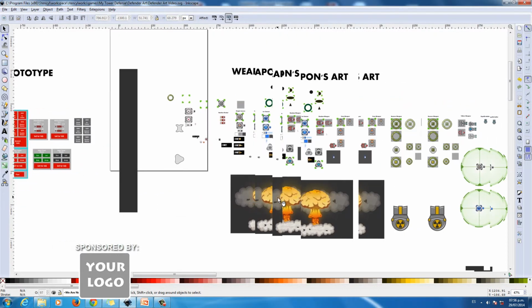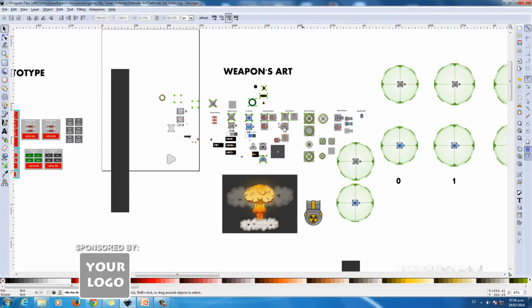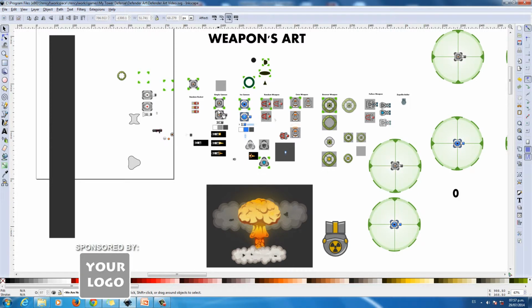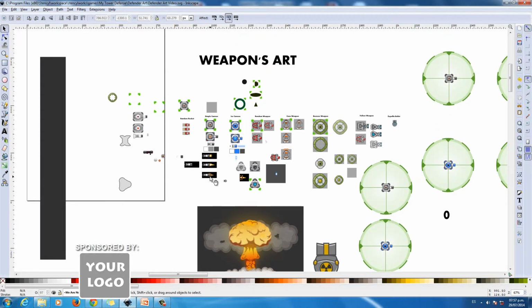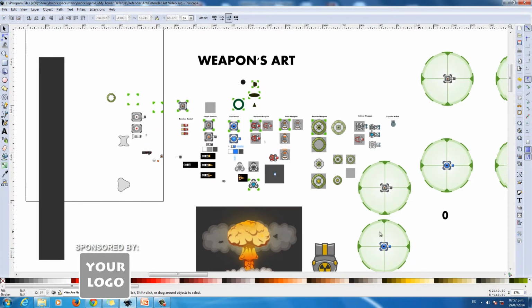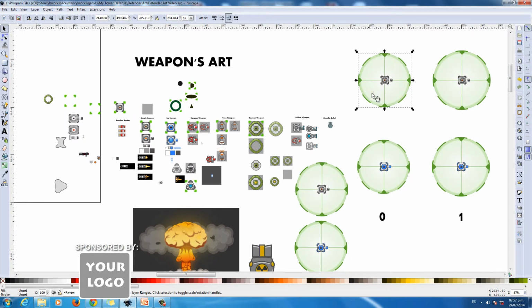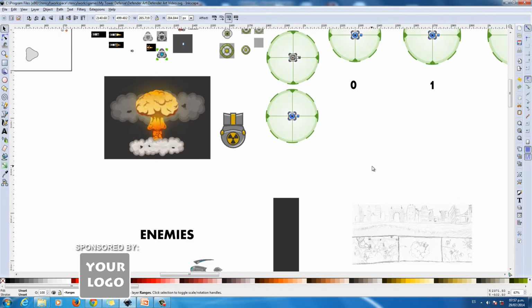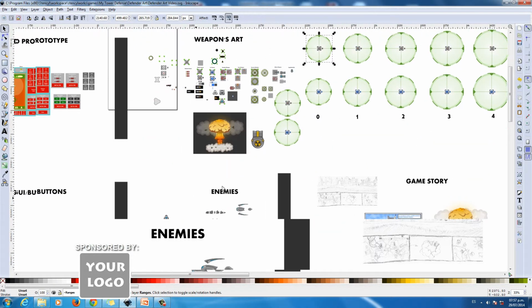Here, for example, you will find all the pieces behind the weapons, the atomic explosion, all the weapons here. For example, here you will find this kind of hologram that represents the range of this weapon, and this graphic appears when you want to create a new instance of this weapon. So, for example, here